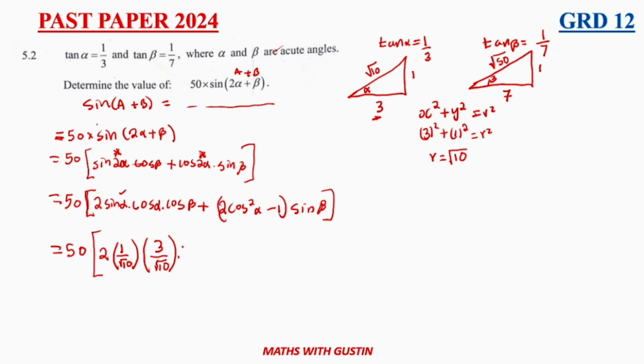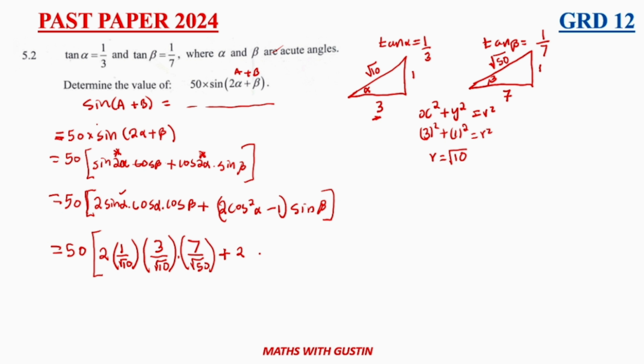therefore alpha, beta. Cos beta, from here, is going to be adjacent over hypotenuse. Adjacent in the other triangle, it's 7 over root 50, close bracket, plus, in this case we have got 2 here,